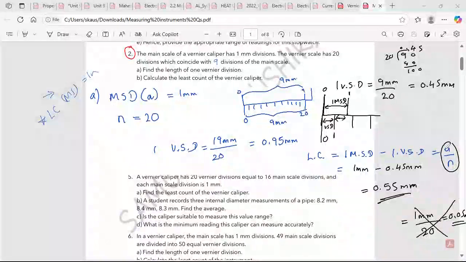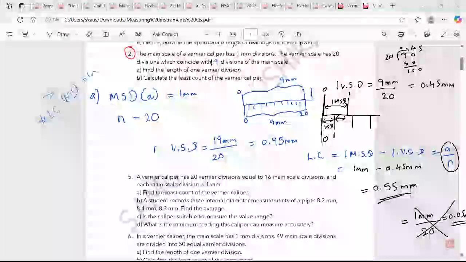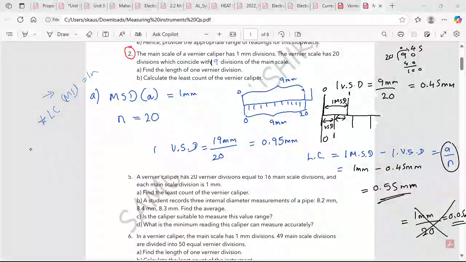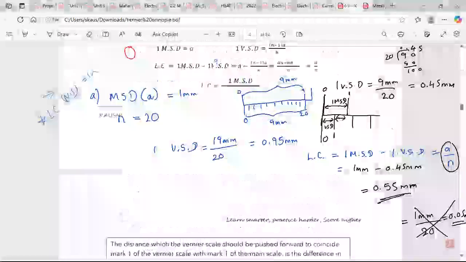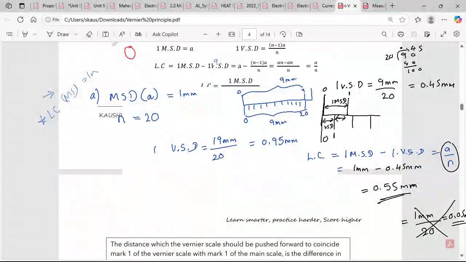So this A over N is only applicable when the difference between the number of main scale divisions and the number of vernier scale divisions is 1. So initially it was 20 and 19. So that's 1, right? So it is only applicable at that point. You can write it in the theory, right? Where the equation A over N is there,